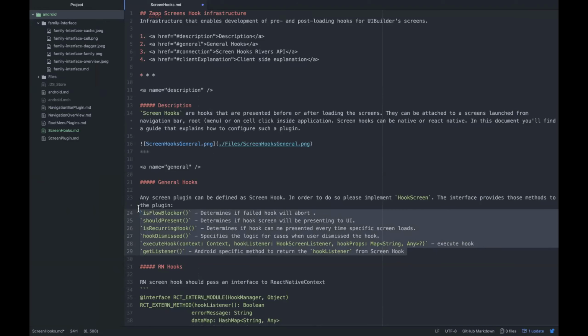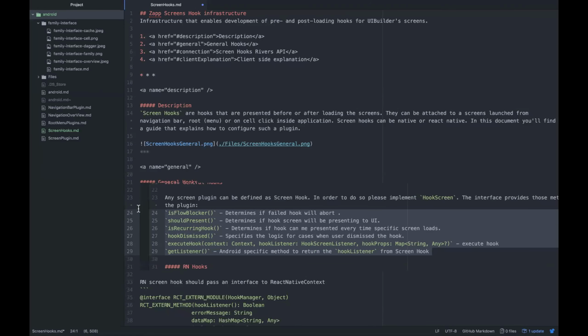As the hook screen can succeed or fail, it's basically going to be up to the user, the developer, to implement the logic behind it. In fact, we're giving a lot of customizability for the user to define the logic of the hooks. And we try to look into multiple scenarios, like whether the hook will be dismissed, completed or fail, and all of this can be defined and customized.